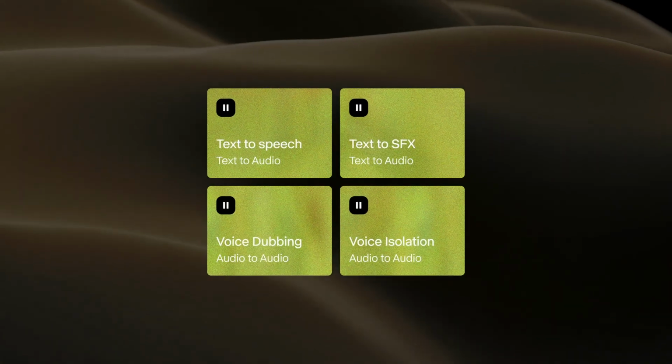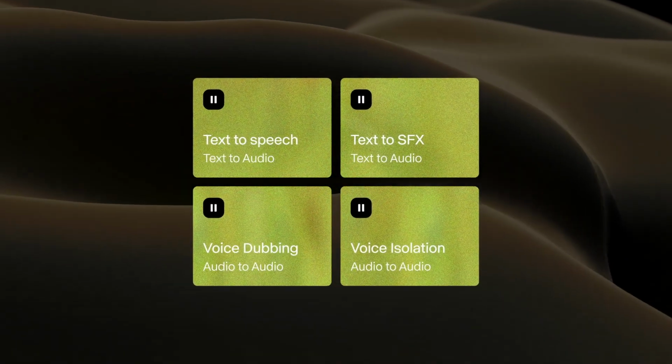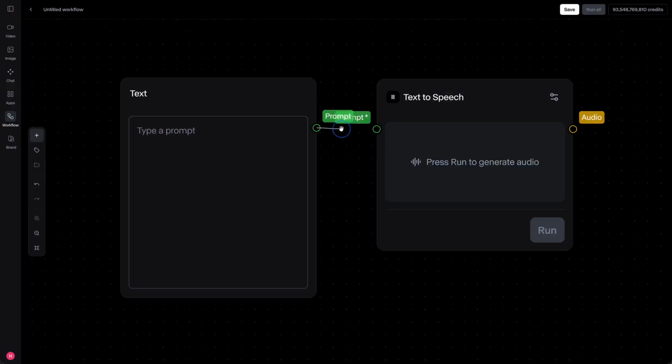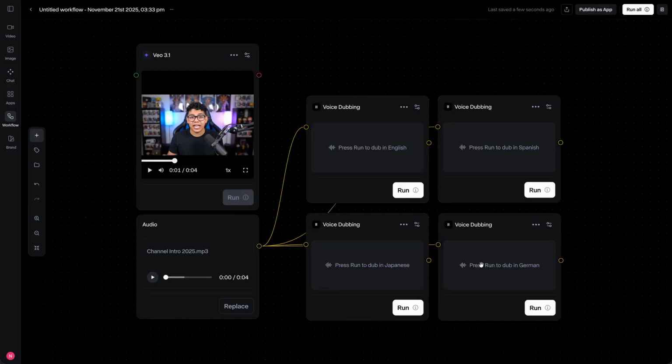We're also thrilled to announce a new set of nodes powered by 11 Labs to give you greater control over voices and audio. From simple text-to-speech to dubbing the voice lines of your videos into any language, make sure to